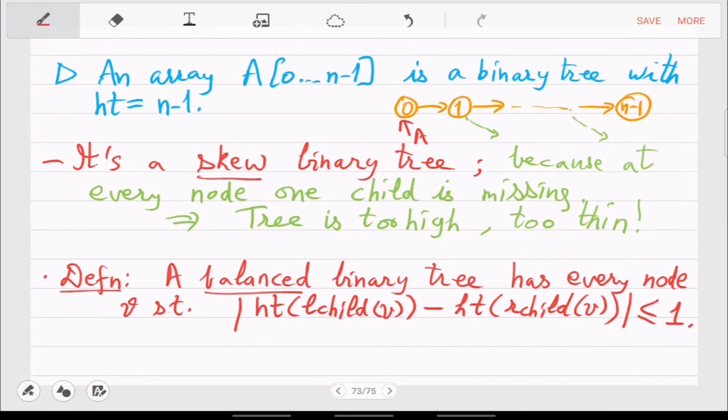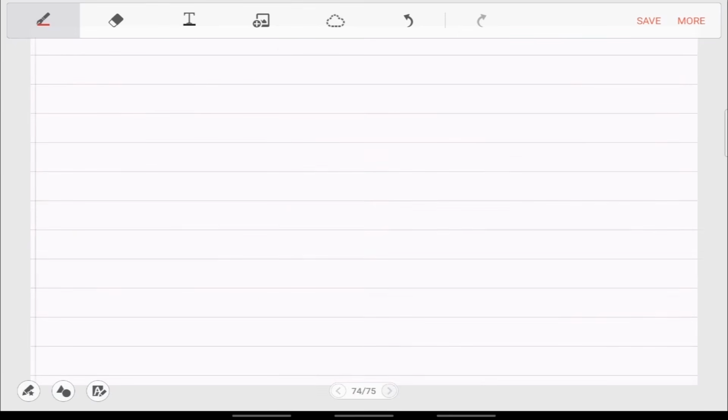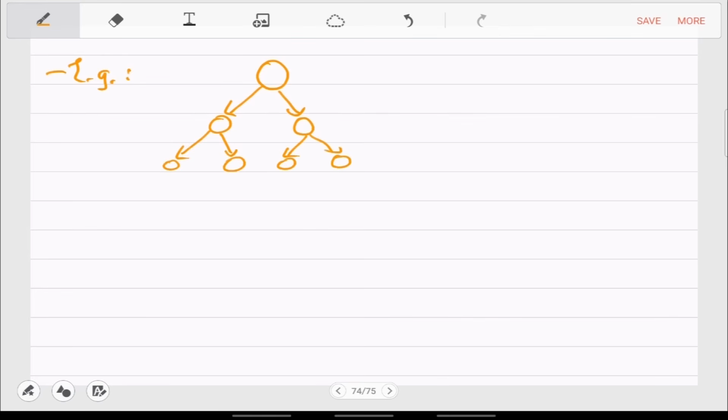So yeah, we don't have time left. Let's just see some examples. So would you say that this tree is balanced or unbalanced?